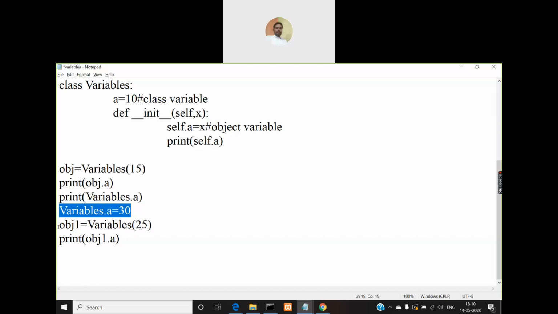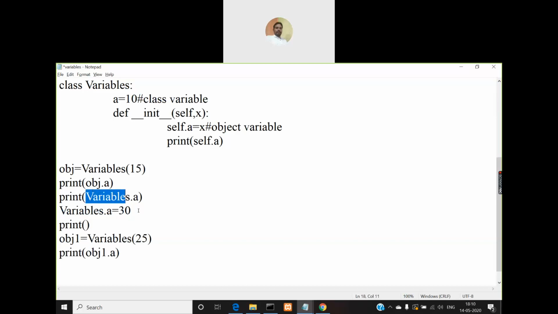Then if I try to print that new variable value now, what is this going to print? This is going to print the value 30.